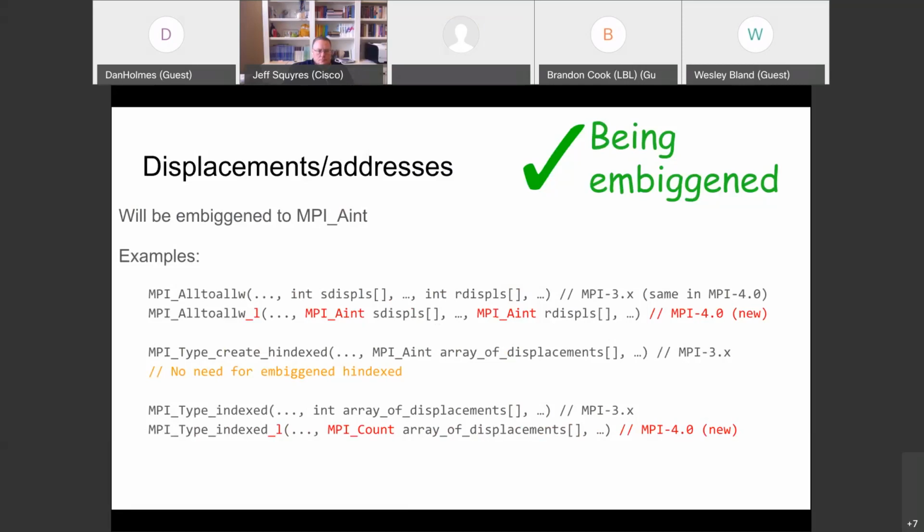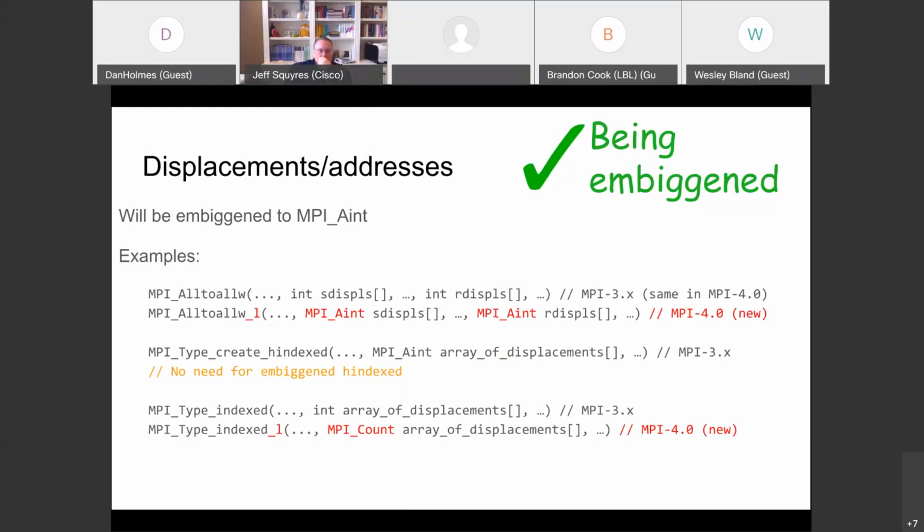Another example is in the datatypes chapter. Some of this work was already done a long time ago, when the datatype stuff was first being put in, and well before we started changing stuff. So in 3.x, for example, there is an MPI_Type_indexed. This creates a type, and you give it an array of displacements, which is typed as int. And there is also an MPI_Type_create_hindexed, which I don't know what the h is for, hardware, I guess.